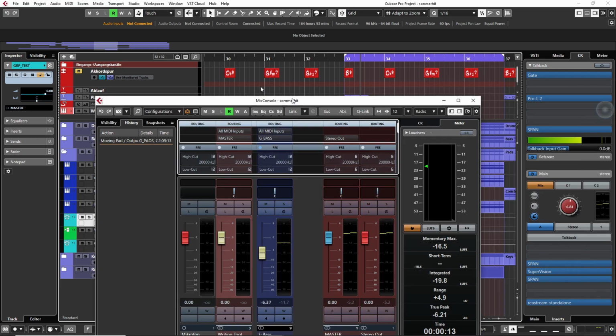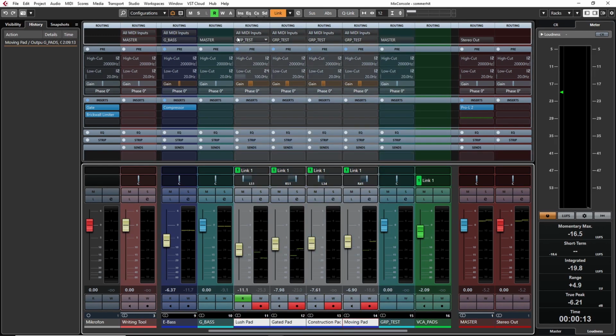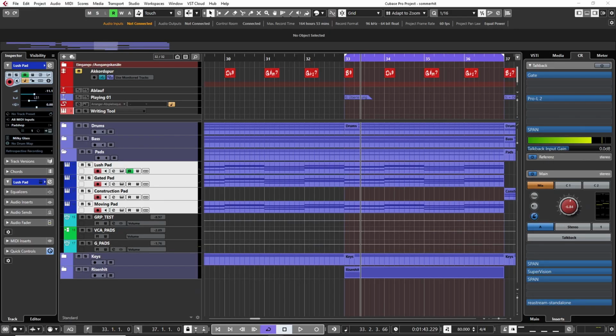And what you see now in the mixing window is that the routing of these 4 tracks has changed in order to get those to the group test track or group test bus, and not to my group pad bus, right? So what would happen now if I'm moving this fader, you should hear that the pads get quieter or louder whenever we are playing back the signals here. So if I'm just soloing the pads, this is what they would sound like right now when we have the group test